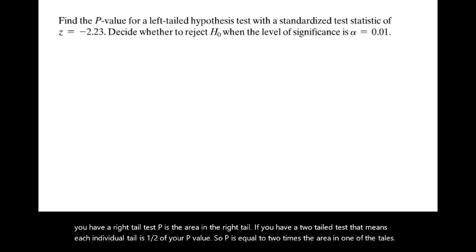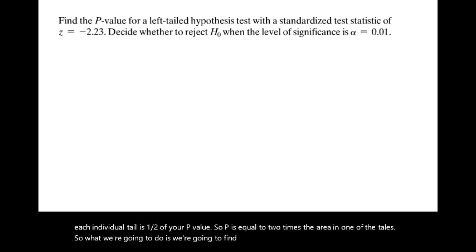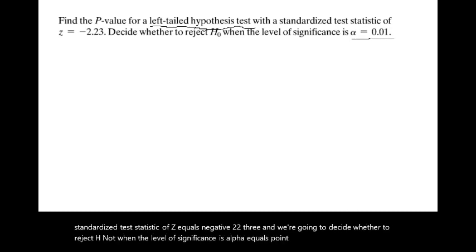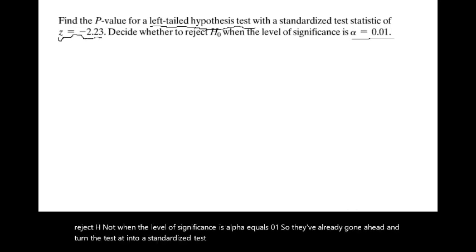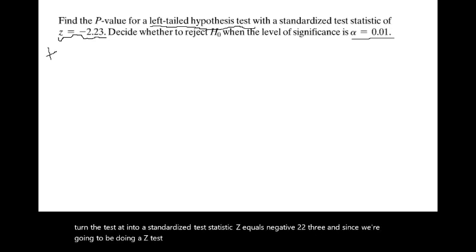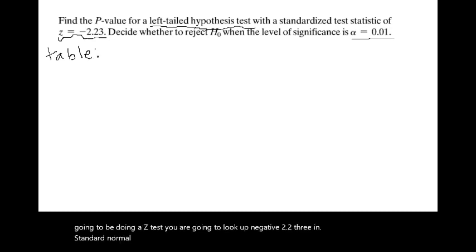So what we're going to do is we are going to find a p-value for a left tail hypothesis test with a standardized test statistic of z equals -2.23. And we're going to decide whether to reject H0 when the level of significance is alpha equals 0.01. So they've already gone ahead and turned the test stat into a standardized test statistic z equals -2.23. And since we are going to be doing a z-test, you are going to look up -2.23 in the standard normal table. So the table value that goes with -2.23 is going to be